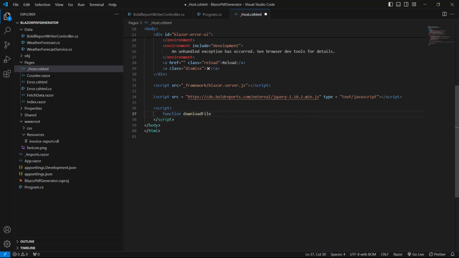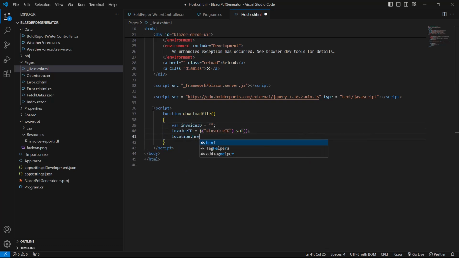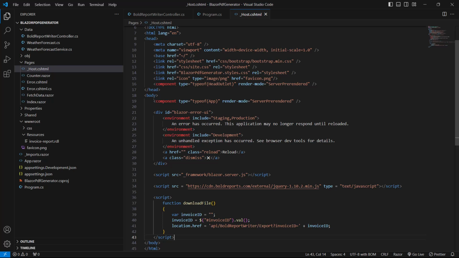I add the downloadFile method within the script tag to set the browser location to the API endpoint. This action triggers the browser to download the PDF file with the specific invoice ID from the Export API added in the BoldReportWriterController file. I then implement the options on the client side to generate the invoice report based on the provided invoice ID. This application is going to have a text box to get the invoice ID and a button to download the